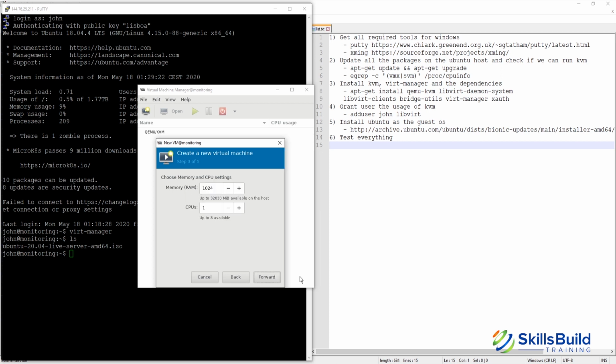Then we press forward. In here, we can specify how much RAM we would like for our guest machine to have. In this case, our host machine has 32 gigabytes of memory available. So we can go for example, for 4,096 megabytes of RAM. And I would also like to have more than one CPU. So let's put it at 2. Then I press forward,